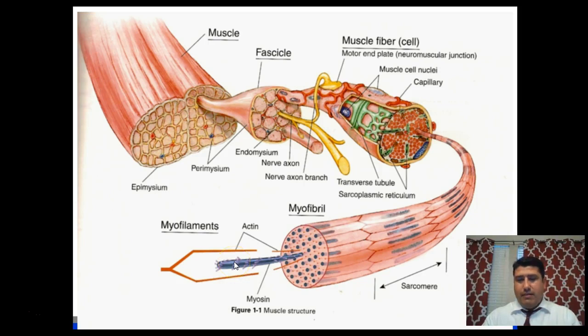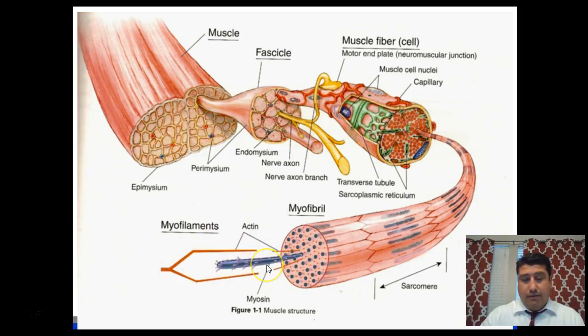Okay, so in essence, this is the functional unit of the muscle. Now the muscle fiber is the functional cell of the muscle because it has the nucleus and the mitochondria, and it doesn't have endoplasmic reticulum, it's sarcoplasmic reticulum, but it has all the organelles. It captures all the organelles that a normal living cell would have. So the myofilaments, the functional unit of the muscle, is not living. It can't survive by itself, but this is the smallest unit.